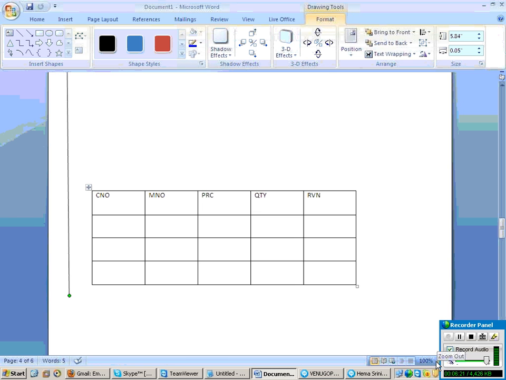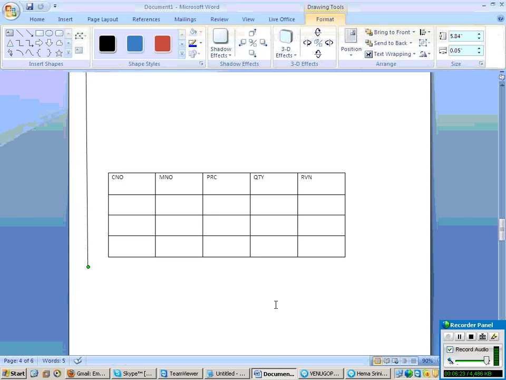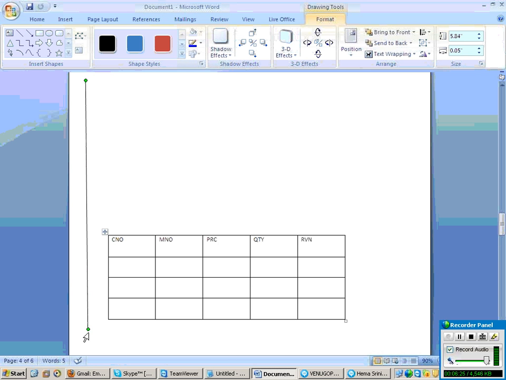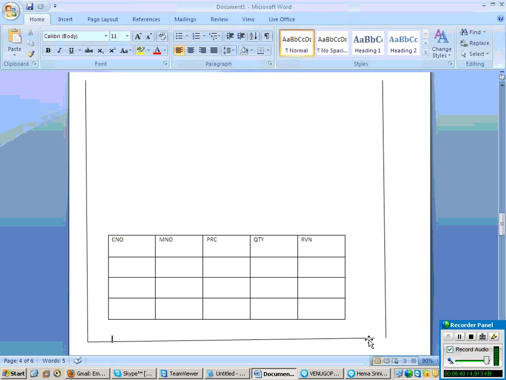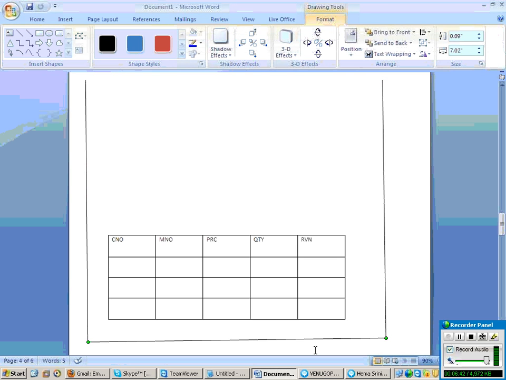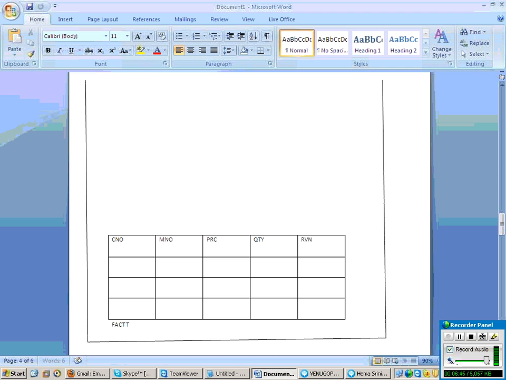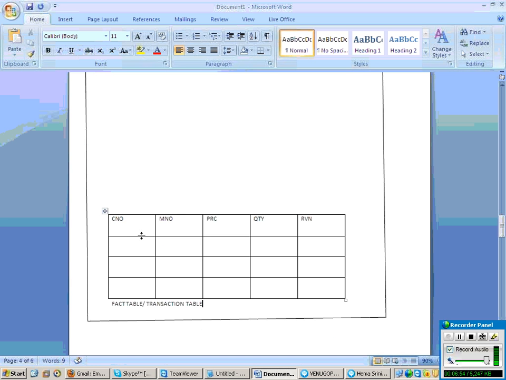Inside one cube. Your fact table is stored inside a cube. This is your fact table, or you can call it a transaction table.